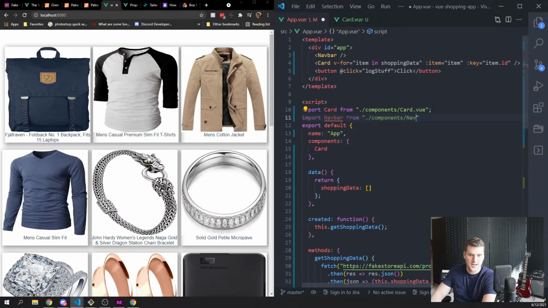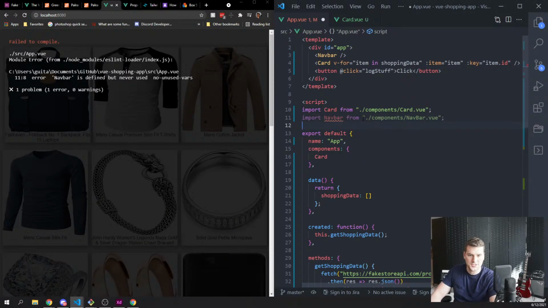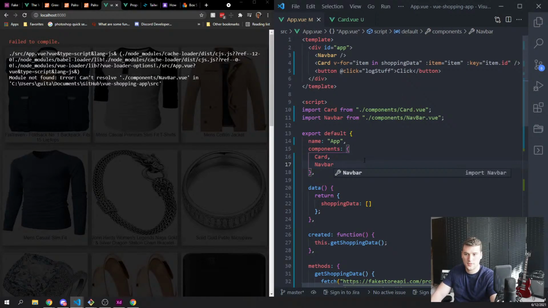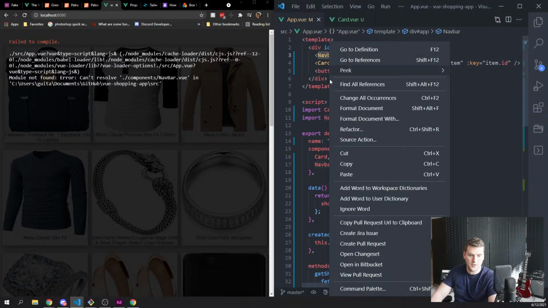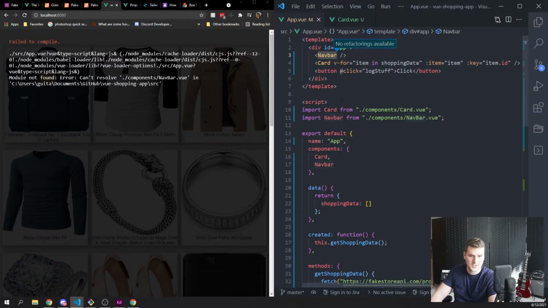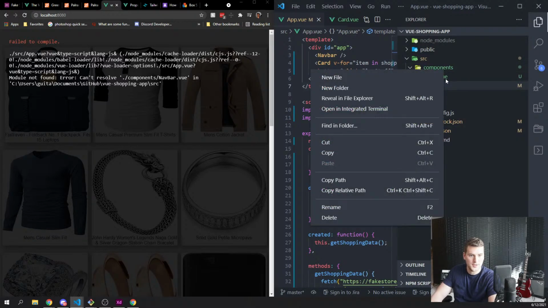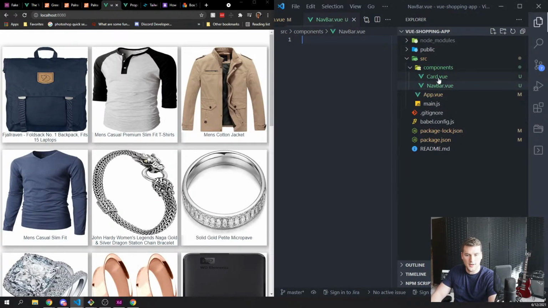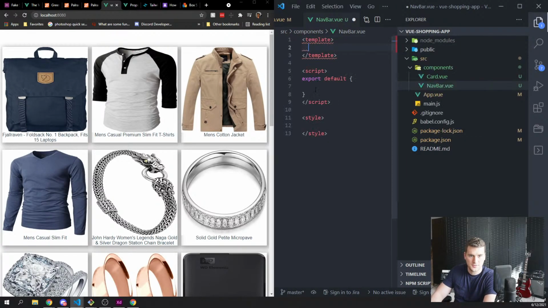Components slash navbar dot view, and then now it complains. Interesting. Components card. Can I do navbar? But I need to define navbar. Refactor. No refactor settings. All right. Well, just go here, new file, and navbar dot view. And do I have Vue emit? I do, sweet. And then in here, we just need to say,